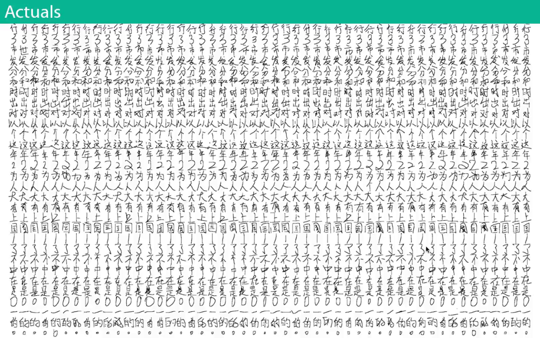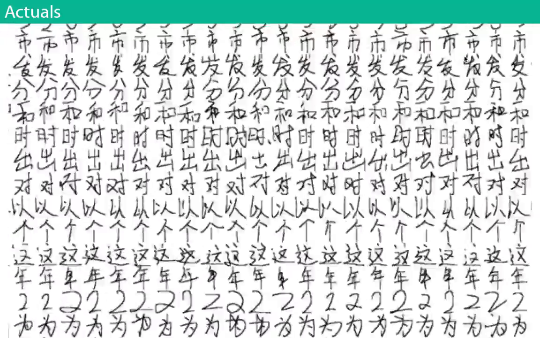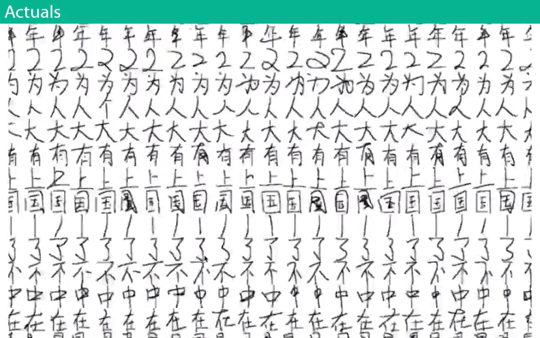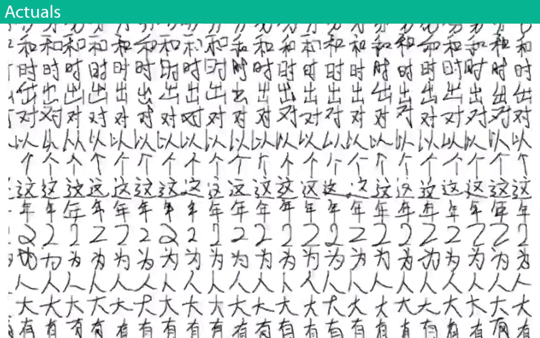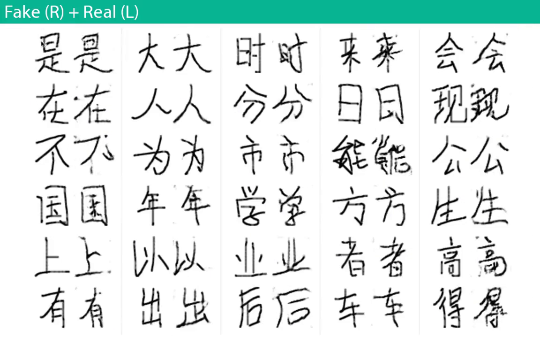I found this data set of handwritten Chinese characters. These are actual Chinese characters that were handwritten for the purposes of optical character recognition research. I put them into this generative model and started producing fake ones. In these pairs, the left one is real, and the one on the right is generated by the machine. Even if you don't read Chinese, you can probably tell that some of these, especially that one and this one, look pretty bad. Complex characters really don't tend to work very well.